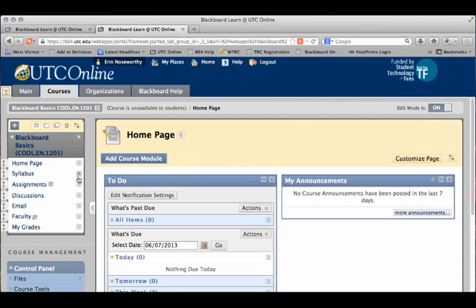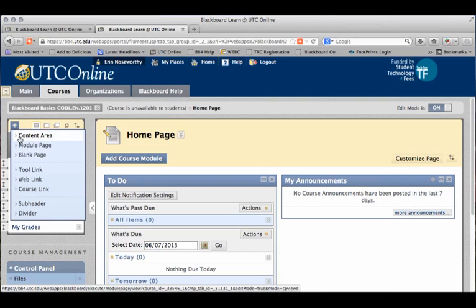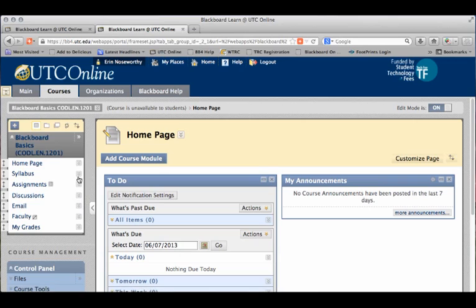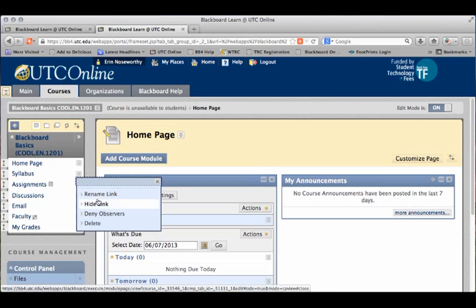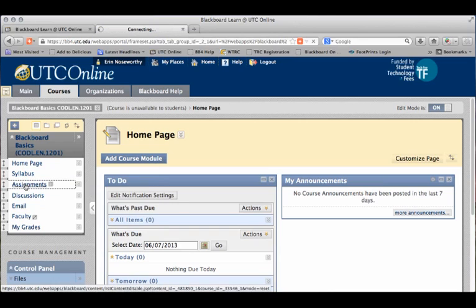As you know, your course sandbox comes with two content areas, the syllabus and assignments. If you wanted to add an additional content area, you can use the plus icon, content area, to create a new one. You can also rename the content areas that you currently have, syllabus and assignment, if you wanted to rename assignments, for example, to course materials. For the sake of this tutorial, I'm going to use this assignments area,